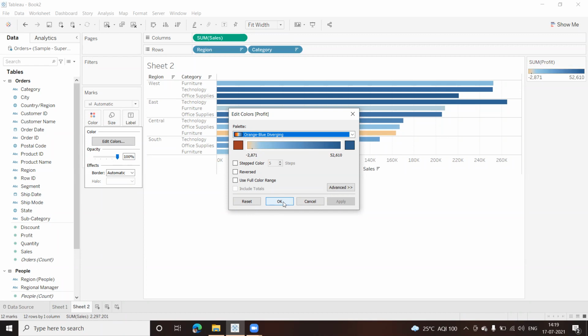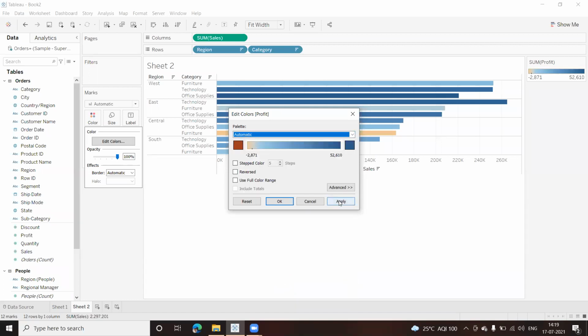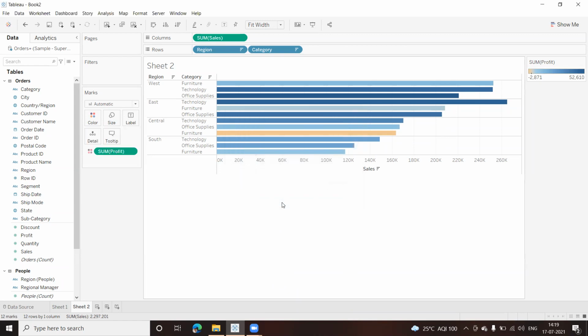The other reason, as you said, is that it is more pleasing. That can be another, but scientifically, the reason why orange and blue are preferred is because of color blind people around us. It can help them recognize the colors and the patterns which the colors are trying to show you. That is the major reason. So I'm not going to change this color. I'm going to cancel and keep it as automatic. We'll stick to this. We'll come to it later when we change it, and I'll show you how it works.